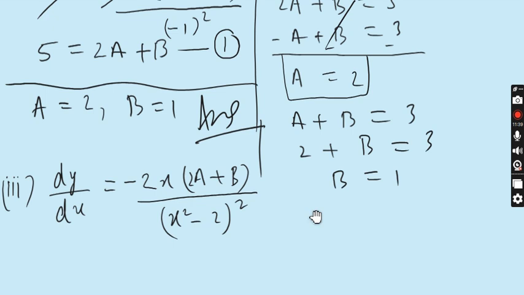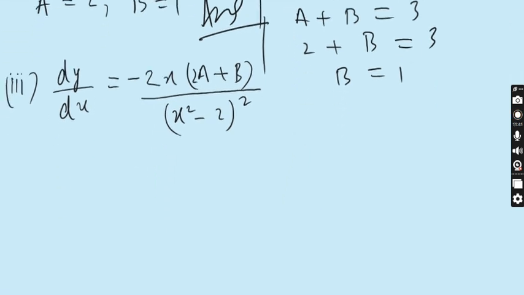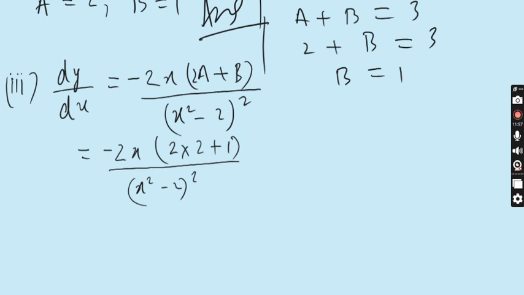First, we have to put the values of a and b in the given derivative. That is, a is 2 and b is 1. Minus 2x, 2 into a, which is 2, plus b, which is 1, upon (x² - 2) whole squared